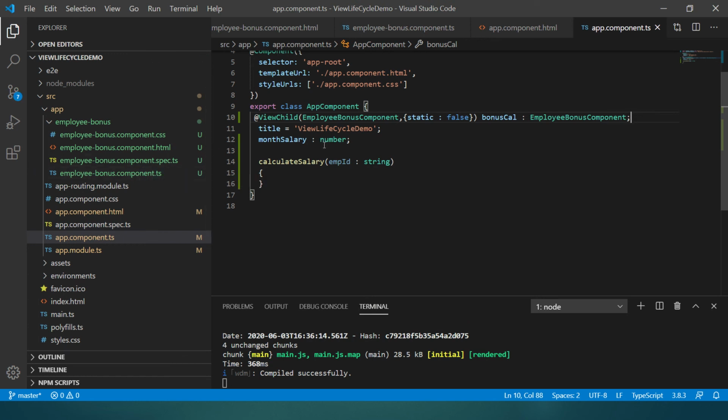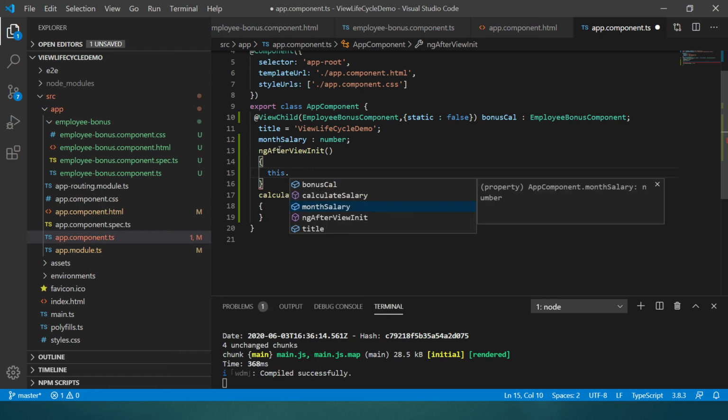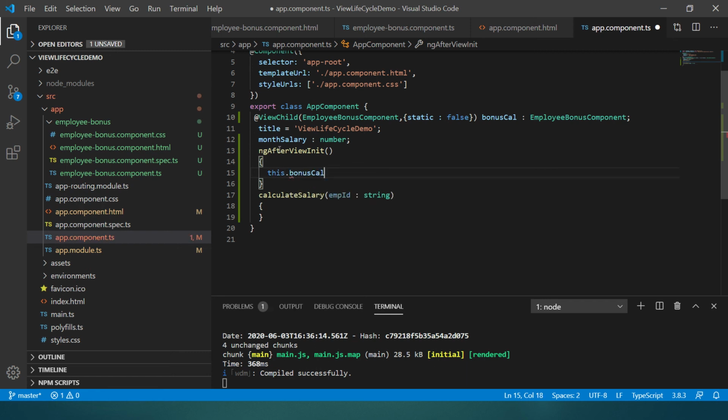Now let us write some initialization logic to calculate the bonus and monthly salary of the employee. For that we need to use ngAfterViewInit. Within that we can get the properties of the employee bonus component.